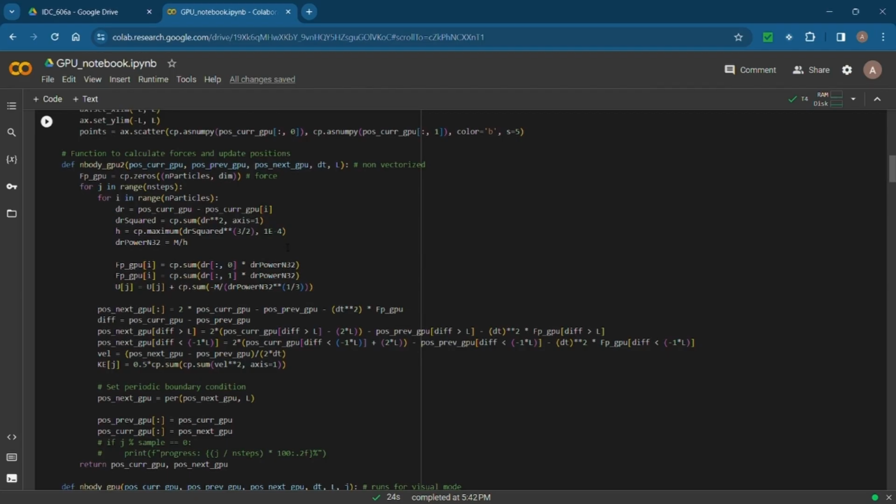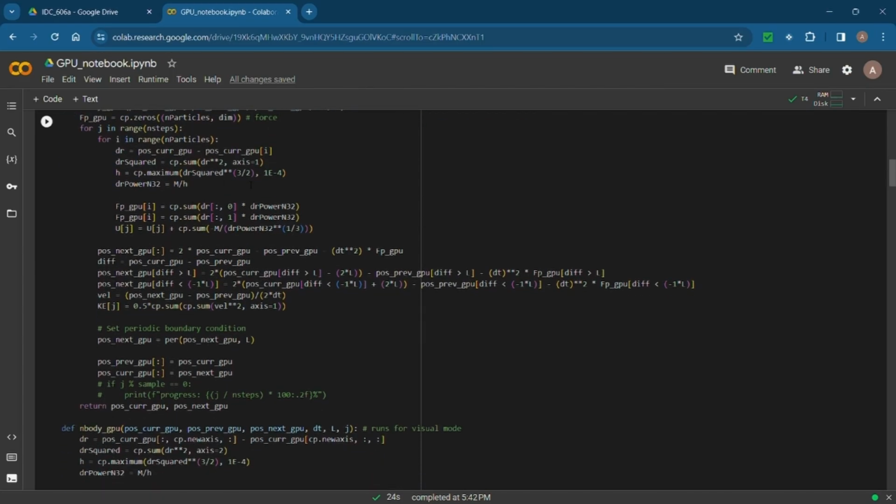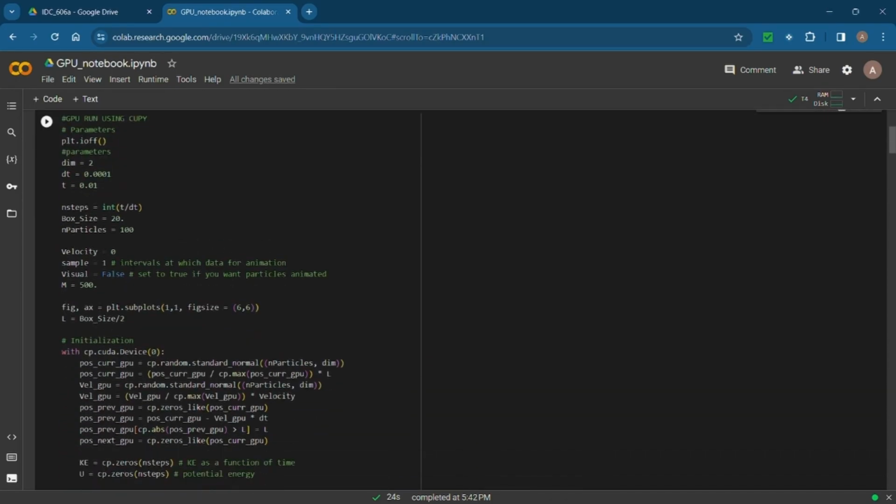Anyway, next we are calculating dr to the power 3 by 2. If you see the expression for force, it's x by (x square plus y square) raised to power 3 by 2 along the x direction, plus y by (x square plus y square) raised to power 3 by 2 along the y direction. That is what we are doing here. And m is the mass scale factor, so we can make the gravitational interaction stronger or weaker depending on the masses of particles. The masses I have set as 500 here, which gives good interaction.